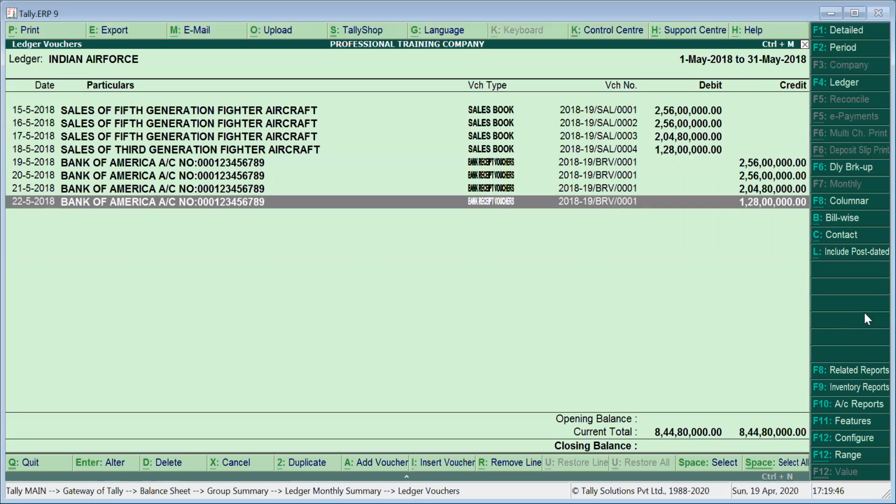So that was the precise reason that our opening balance was zero, because there was no outstanding at the beginning of the year. There was a total sale of this much amount, and this much was the amount realized during the year. That is the reason there is no closing balance.